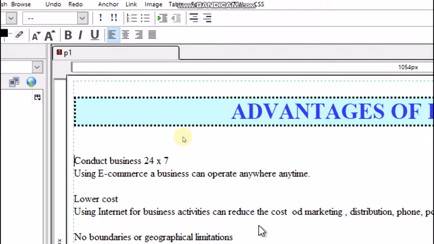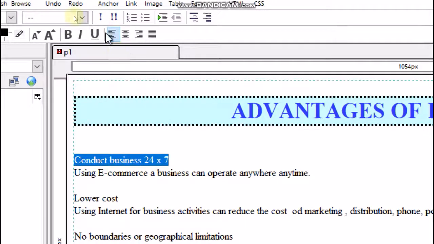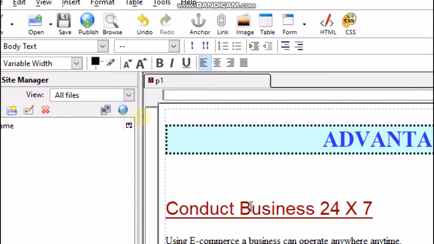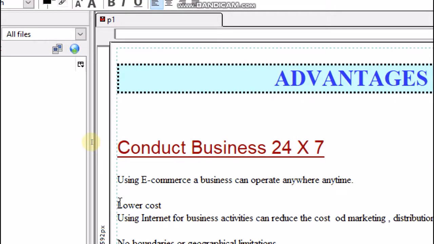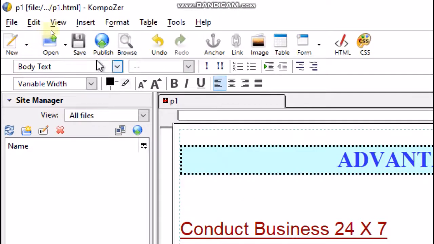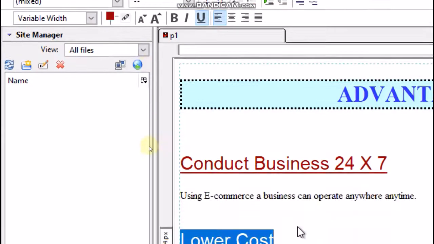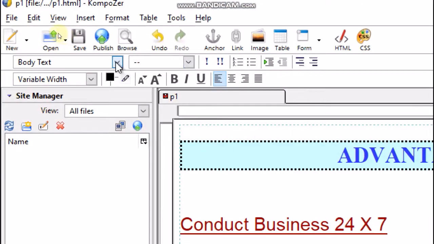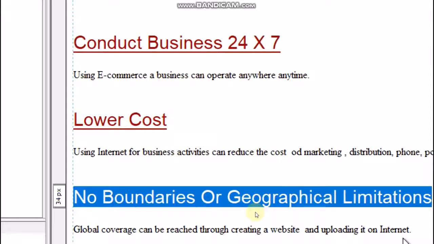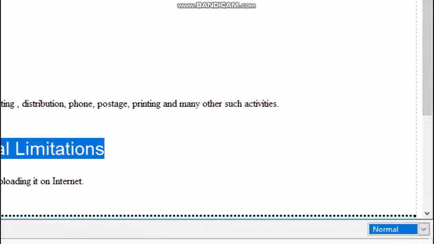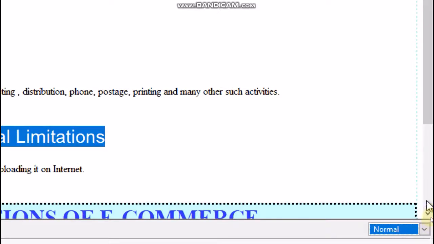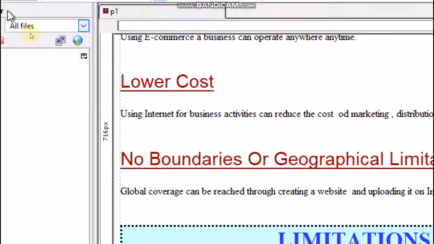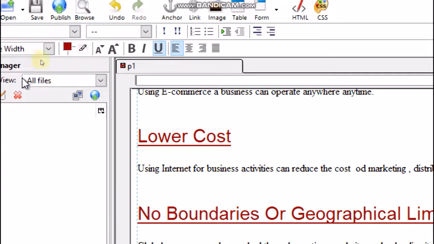Now we will apply heading 2. Heading 2. Heading 2.